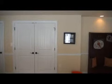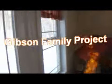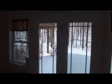Okay, this is the Gibson job in Boiling Springs up in White Rock Acres. Let's take a quick walk around and look at the finished product. You can see here that we're coming in from the outside. We have an exposed lower level in this home,